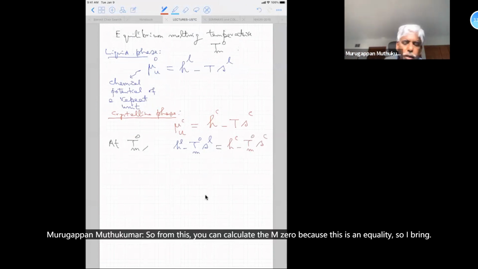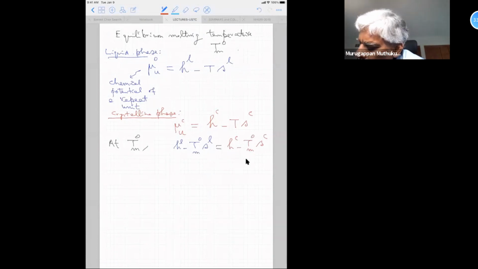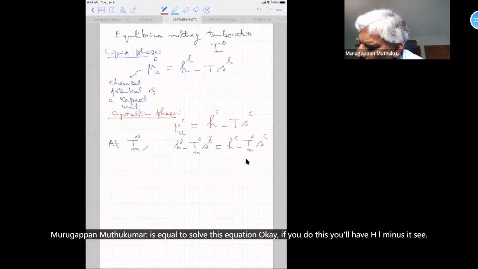Okay. So from this, we can calculate Tm0 because this is an equality. I bring Tm0 towards the right in that particular case. If you do this, you get an important expression. Tm0 is equal to, solving this equation, HL minus HC